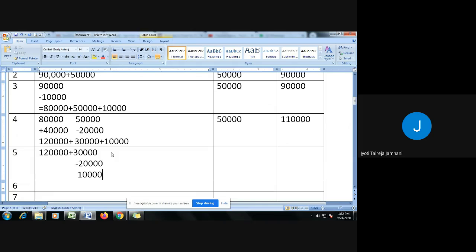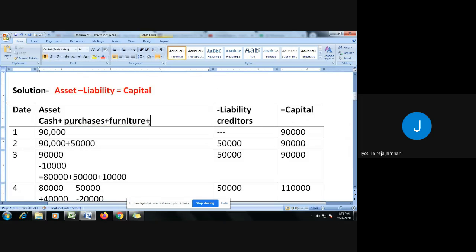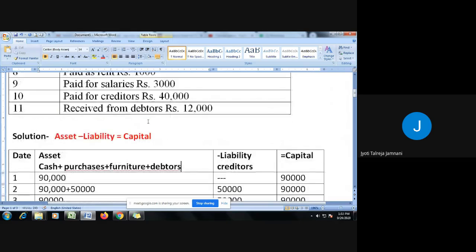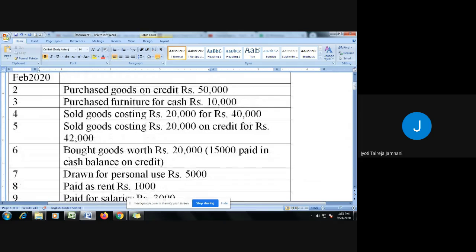So you have goods of 10,000 plus you have furniture of 10,000. Now you have sold these goods on credit. That means you have to receive money, but you don't receive it now. You will receive it later. So we call it receivable. Anything that is receivable is an asset. We are not receiving it right now, but we are going to receive it at a later stage. So it is your asset. We call them debtors. When we have to pay for goods, we call them creditors. When we have to receive from somebody for goods, we call them debtors or our customers. So this customer or debtor is going to pay us how much? He is going to pay us